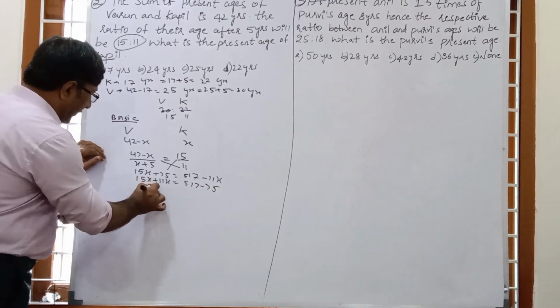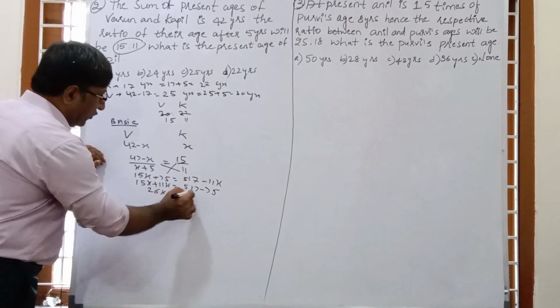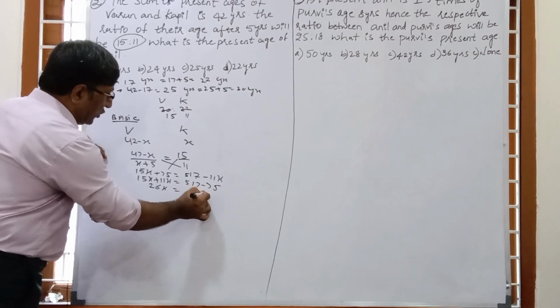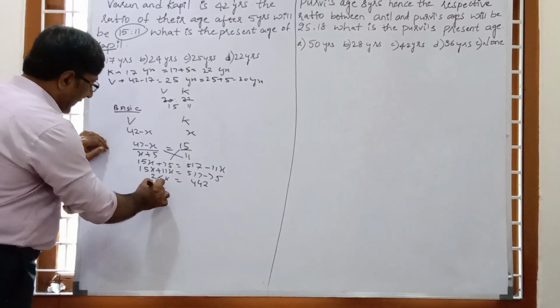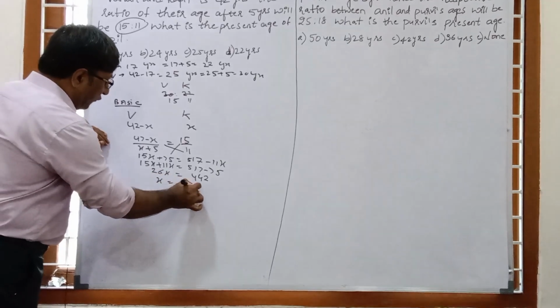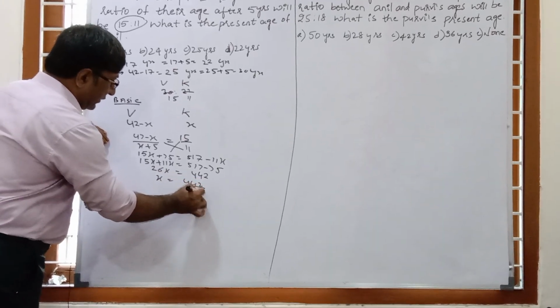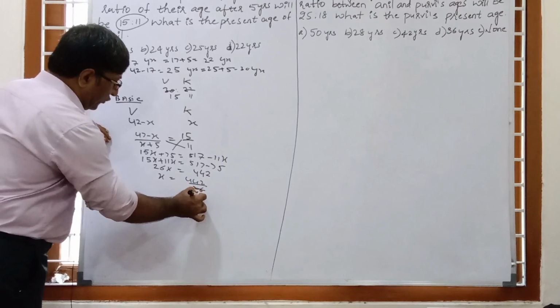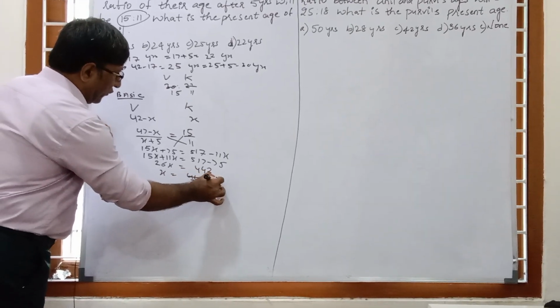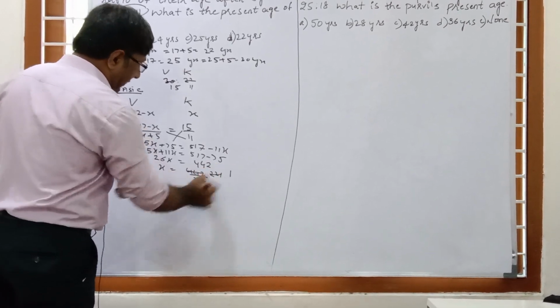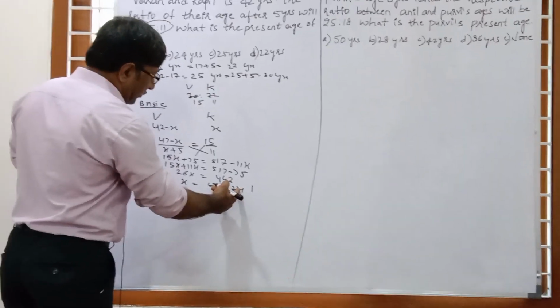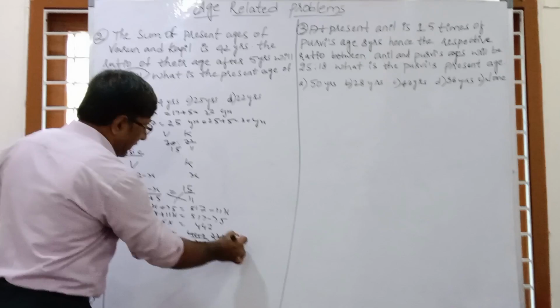So this is 26x, and this is equal to 7 minus 5 is 2, 11 minus 7 is 4, and this is 4. Okay, so x is equal to what? 442 upon 26. So 2 1s are 2, 2 3s are 6, 2 2s are 4, 2 1s are 2. Now from 13 we can cancel: 13 1s are 13, and this is 13, so 91. So 13 7s are 91.